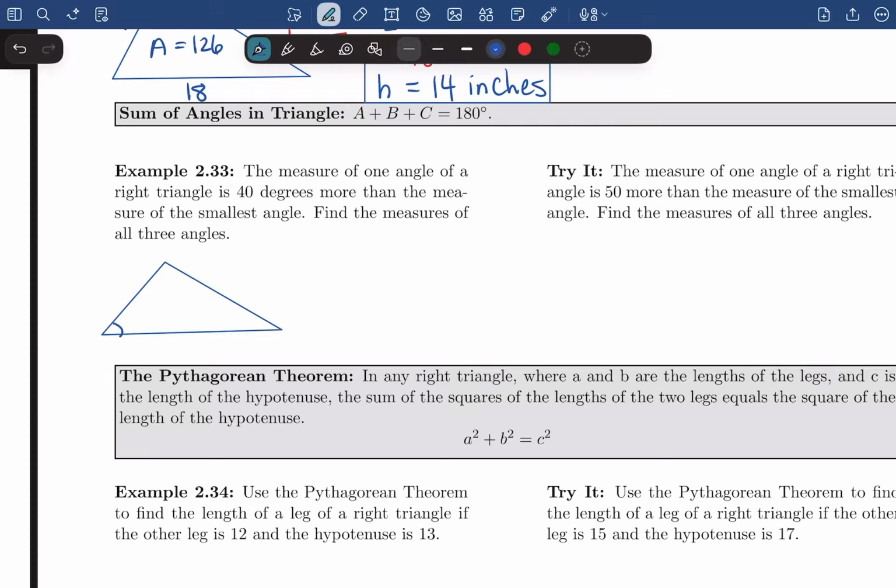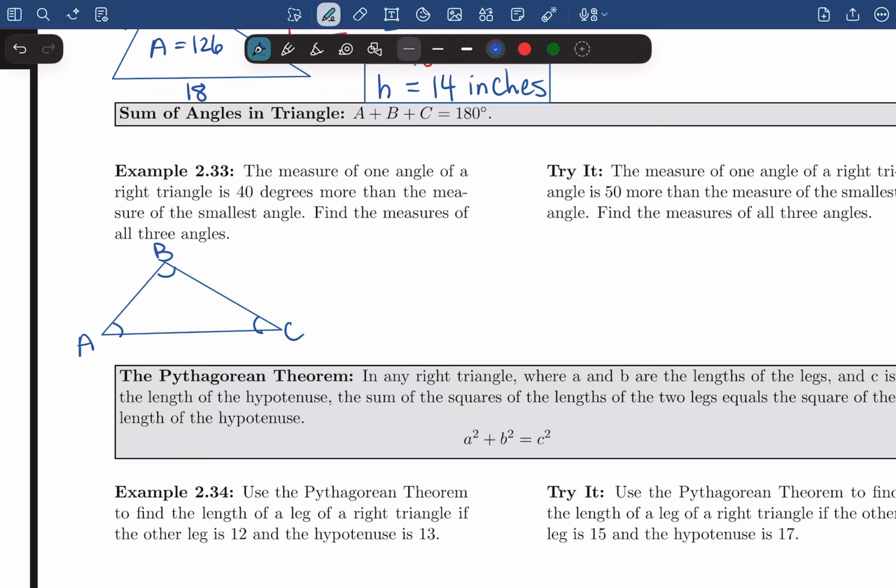The angles on the inside of a triangle, there are 3 of them. So let's call this angle A, this angle B, and this angle C. And so this definition says if we add up all the angles in a triangle, it will always equal 180 degrees. This is important to know so that we can answer some problems that come up. For example,